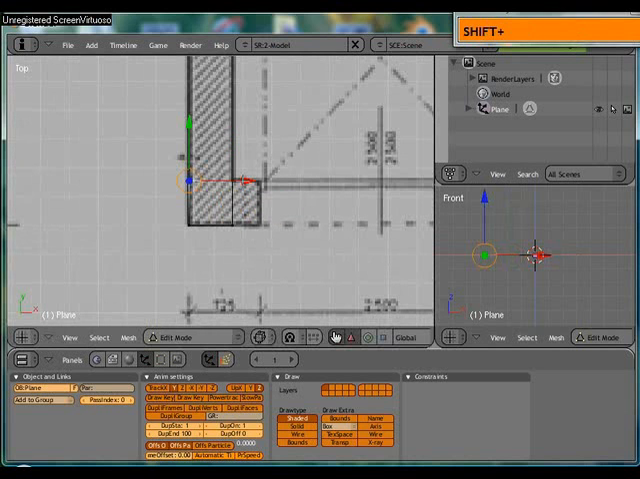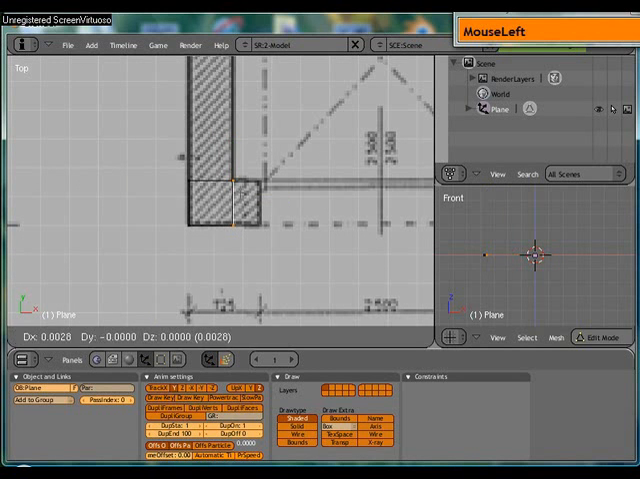What I will do now is from this edge I'll extrude up, and from this edge I will extrude to the right. So I'll have those two vertices selected, and I'll press E for extrude, edges, and I'm extruding. Now I would like to have those walls straight, so I will press the middle mouse button to fix it in the X direction. Click,